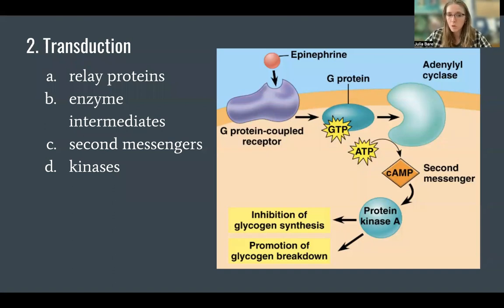So we've looked at relay proteins, we've looked at enzyme intermediates, we've looked at second messengers, and we've looked at kinases. So those are going to be the main, I would say, components of transduction that you'll see on the AP test and on your FRQs. A lot of times what you'll see is that the FRQ or the MCQ will involve analyzing an image like this and having to interpret what a potential result will be if something is mutated in this example. So for example, if the G protein coupled receptor was mutated, what would potentially happen and what would be the